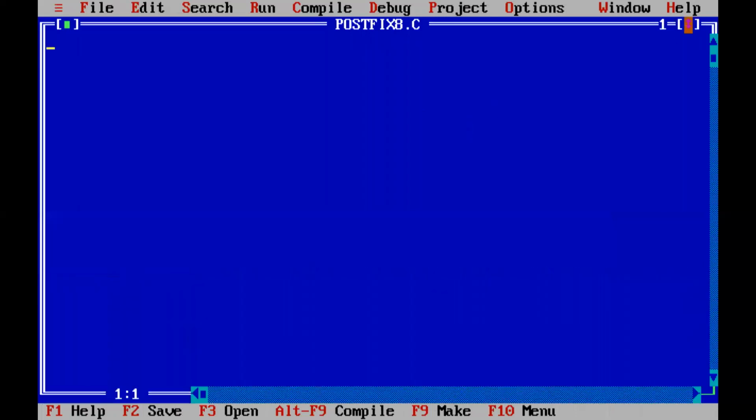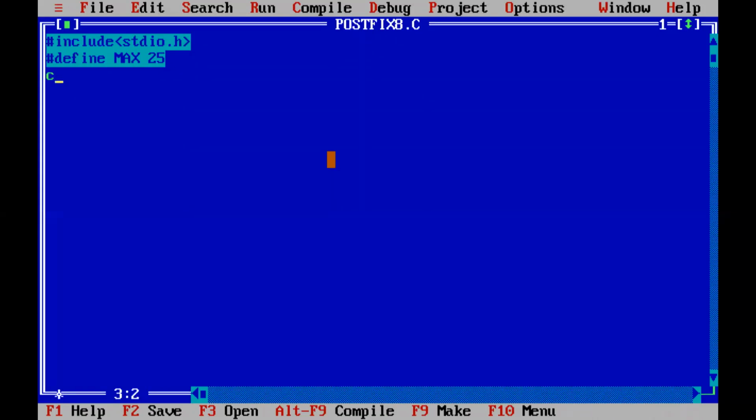So now this is a program for converting the infix to a postfix expression. First, we will be including the header file. Now in this, we will be using one symbolic constant. We'll be defining it as hash define. The name of the variable is max. The constant is max, and we can declare any size, 20, 25, anything. This is going to be the constant size of the array variable.